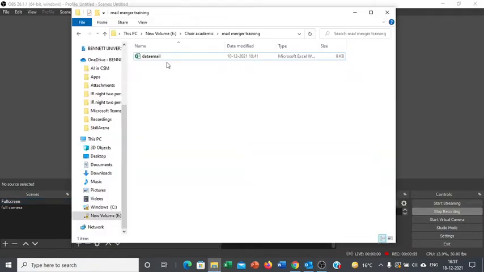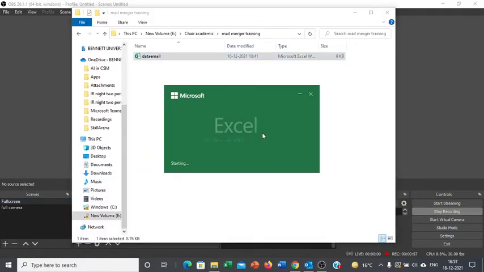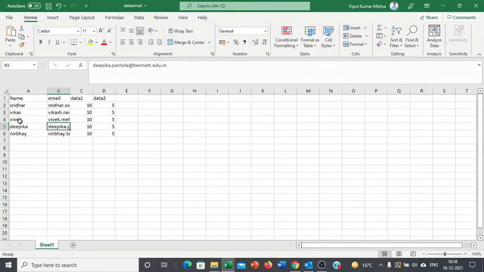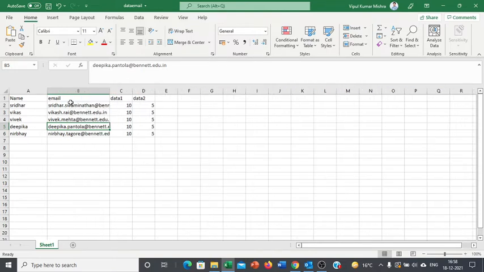So first of all, we have to prepare the data. What we require in the data is the name, because you want to send them personalized emails. Then you need the email of that particular person and the data you want to send. So here you can have midterm marks, interim marks, quiz marks, project marks and other components. Whatever data you want to send, you can send it. This can be useful when you want to send a personal message to a big group of people.